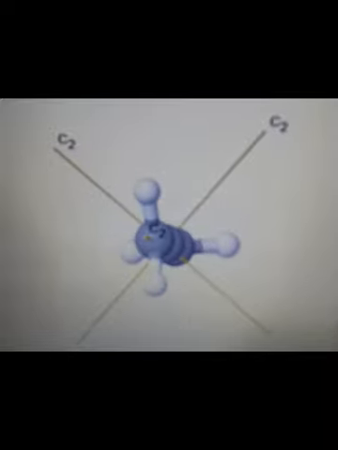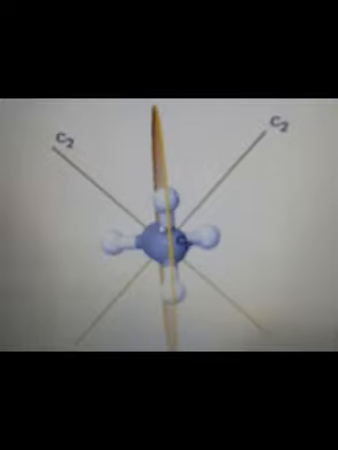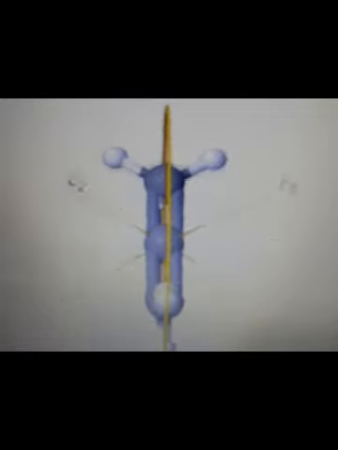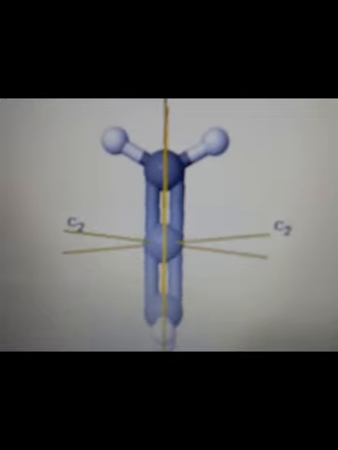So therefore I will show you how that sigma D is passing. This is how one sigma D is passing. Now this is passing along the principal rotational axis of symmetry, and it is bisecting two C2s, that is this C2 and this C2 are bisected, that is it is cutting the two C2s. How that reflection takes place, you can see the rear hydrogen atoms which are present, they will be reflecting each other. This is one sigma d.